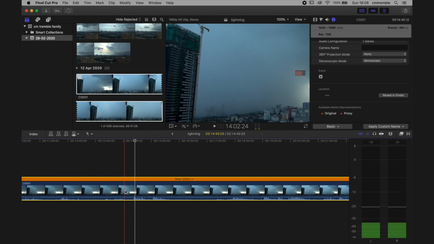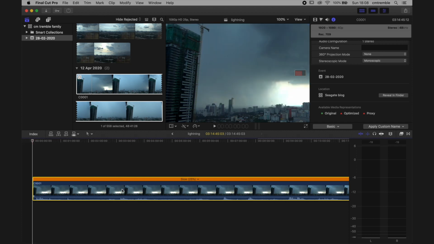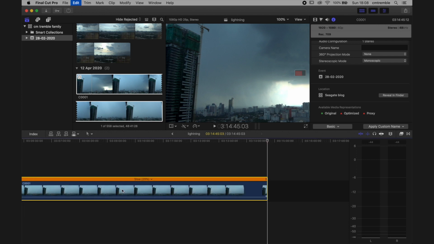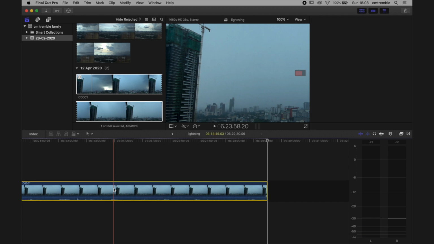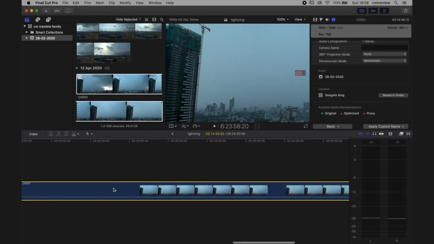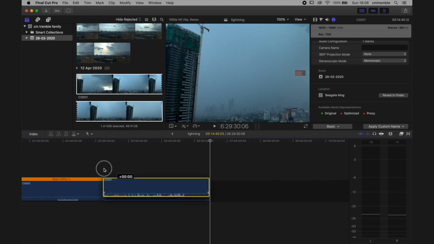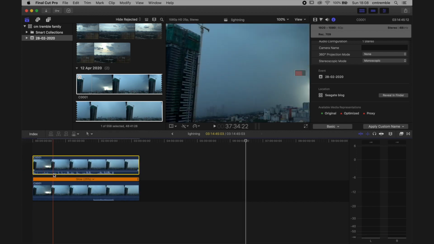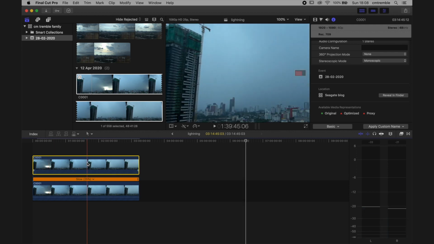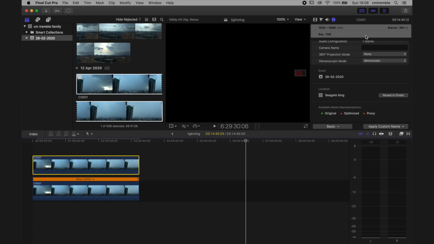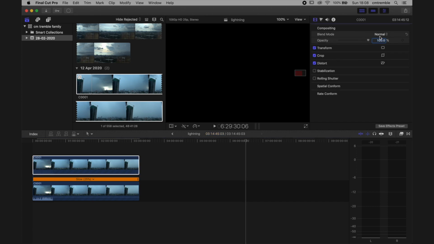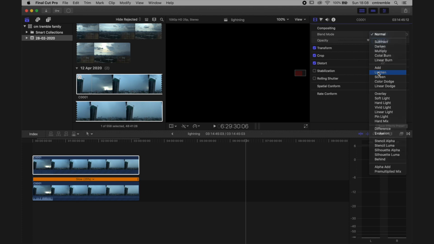I've slowed this down. I could have pitched it, so I'll copy it and go back to the beginning, and actually go to the end the first time usually, and paste, because it doesn't like stacking. Sometimes it throws it on the front of it, and we can bring it up over the top. Turn our volume off, because we don't need more volume on our stacked layers, otherwise you start getting all the sound layering up, which you don't particularly need. And remember, into compositing mode, blending mode, lighten,